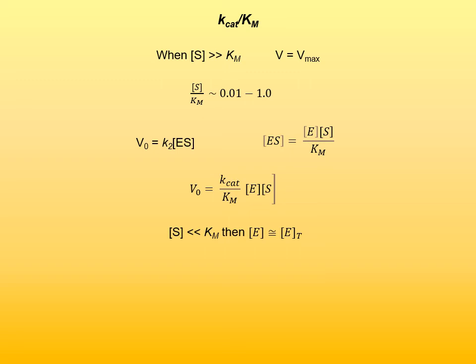And so if concentration of substrate is much lower than Km, then concentration of free enzyme is basically equal to total concentration of enzyme. Very small amount of enzyme is bound to substrate. And then we can write expression for V0 as K cut over Km multiplied by the total concentration of enzyme multiplied by